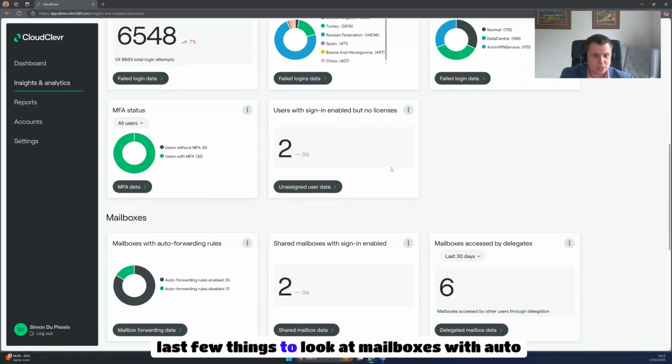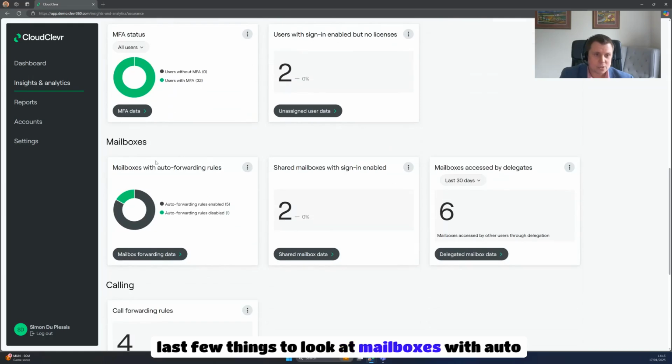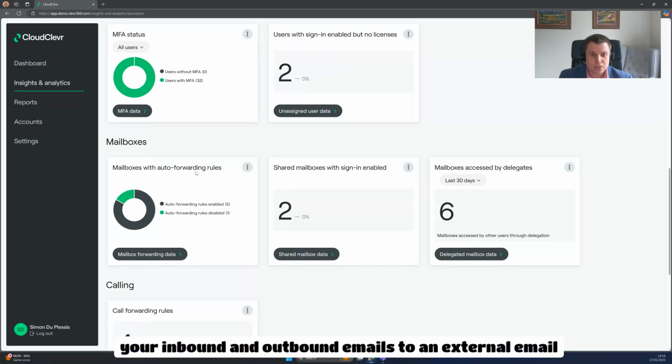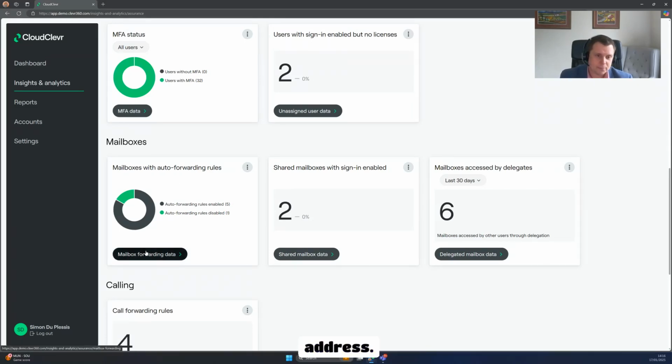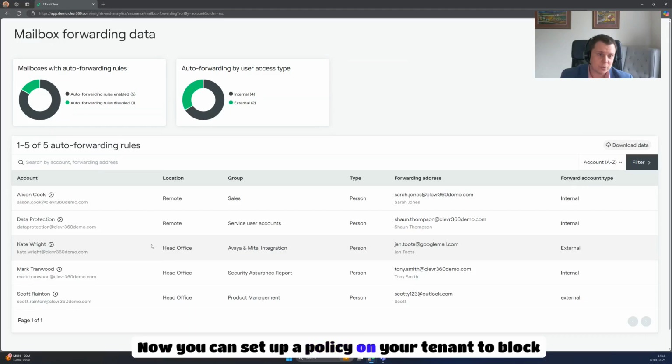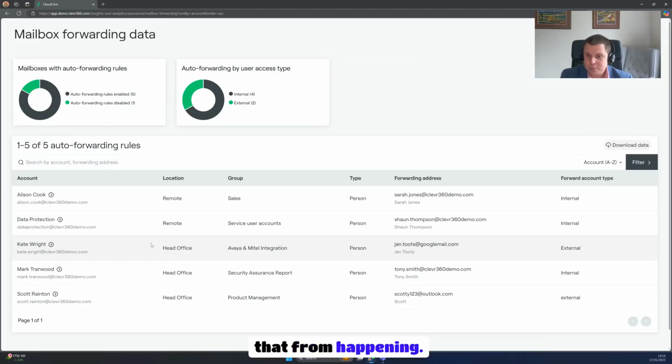The last few things to look at, mailboxes with auto forwarding rules. Now, the first thing an attacker will do once they've successfully breached an account is they will set up an email forwarding rule to send copies of all of your inbound and outbound emails to an external email address. Now, you can set up a policy on your tenant to block that from happening. As you can see here,